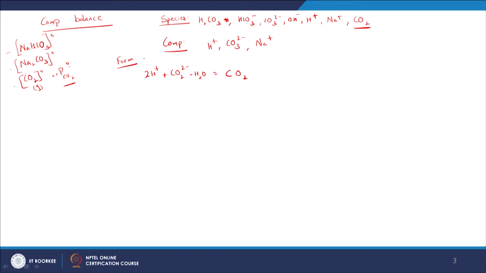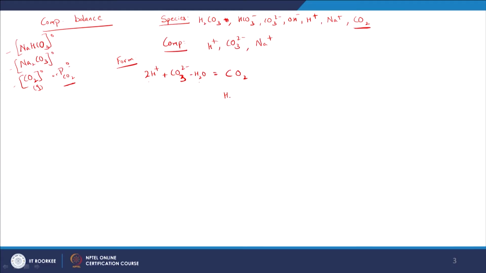So 2H here, and I am going to subtract that here, and H2O, CO3 2 minus. Yes, that is fine. So we have 2H plus plus CO3 2 minus minus H2O, and we are able to use the building blocks of H and CO3 total to form CO2. We do not need any additional component to form our new species,